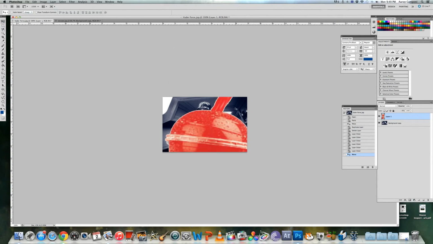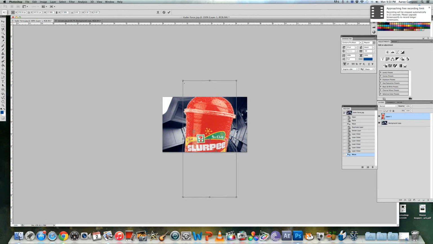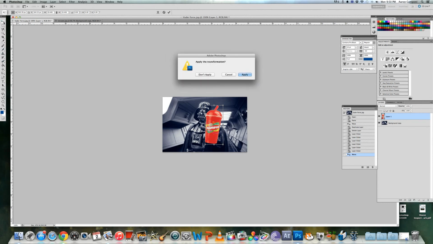Okay, so let's say you go Ctrl T. When you click on this corner piece, I want you to hold down the Shift key. If you hold down the Shift key, it allows you to scale at the proper rate, to the exact proportions. So let's get that close to where it needs to go. Let's say that the Slurpee cup is probably about yay big. Alright, in order to apply this transformation, we need to just go back to our grab tool and click